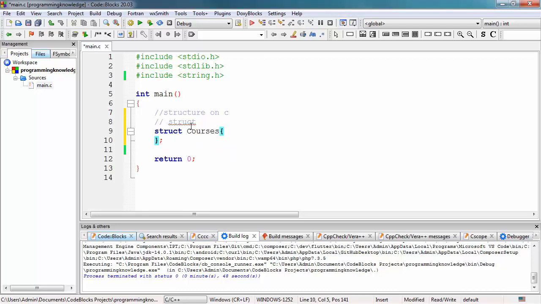So this particular courses will contain different variables. Okay. So as you can see here, we have added opening and closing curly braces. And then at the end of the closing curly brace, the semicolon signifies the end of this particular line. Okay. And then inside here, as I've said, we could have multiple variable types. Okay. So for example,